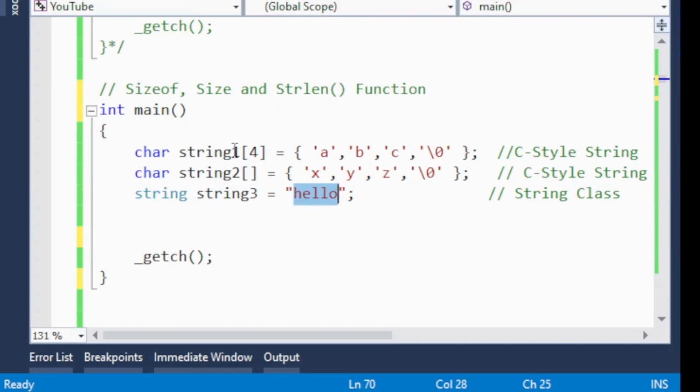Here we have string 1, string 2 and string 3, and string 1 is the C style string which is A, B, C, and then a null character. If you look at this, the size we declared here is 4, but actually there are three characters A, B and C. Even if we remove the null character from here, the compiler will automatically insert this character at the end of the string A, B, C. Similarly in string 2, there are three characters X, Y, Z terminated by the null character, and string 3 is hello. So if I run this program,